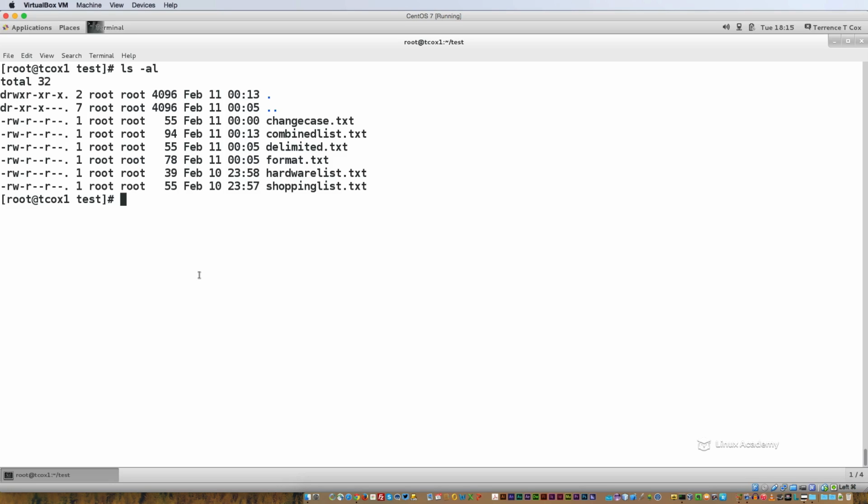If we look at a file called format, let's do cat format.txt. We'll see that we have a file that is formatted or spaced extremely strangely, meaning we've got tabs and extra spaces throughout the file. That could be for any number of reasons. It could be an error log. It could be just a text file that you copied from another system that's got tabs that didn't quite convert